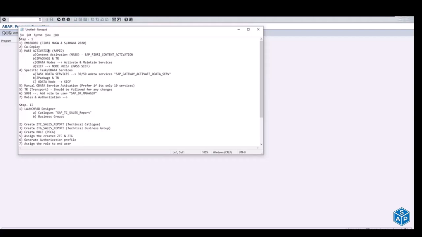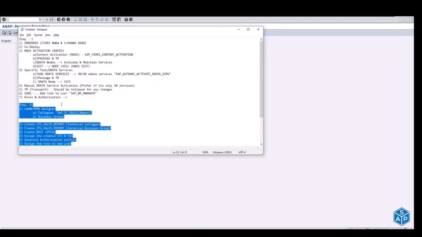The approach is the same, whatever I showed. Even for a custom application or a standard application, the approaches are the same. There is no difference. The only thing that changes in custom development is that we will not follow anything above step 1. We will follow only step 2. We don't require anything in step 1. From step 2 onwards, the same approach as I showed you has to go into custom development also. And only this 5th step will